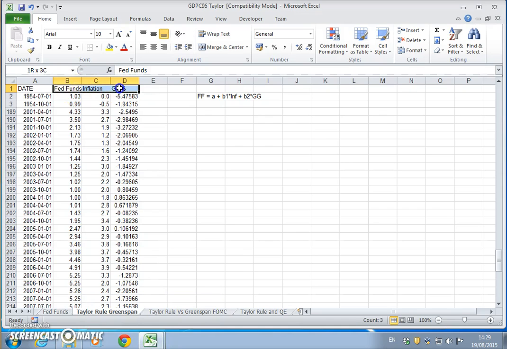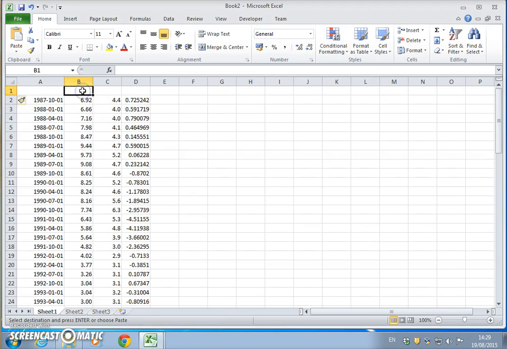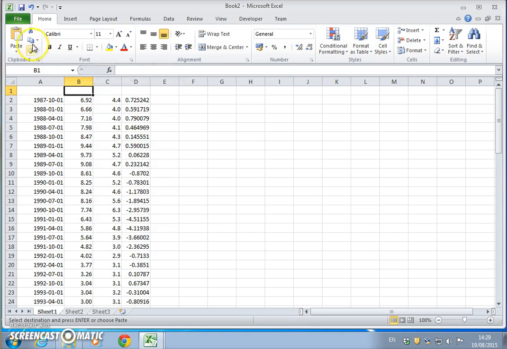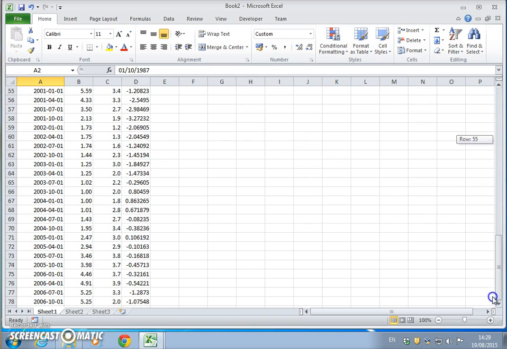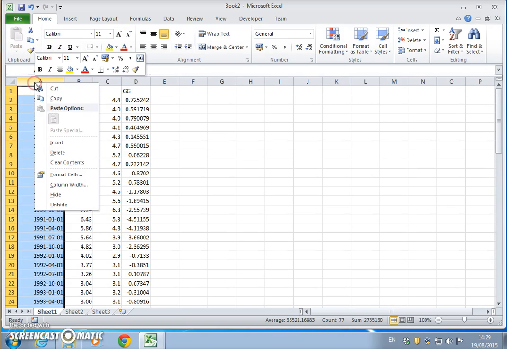So okay, we could copy, go back to our new file, and just paste, and we'll call this, for convenience, Fed funds, inflation, and growth gap. It's from the last quarter of 1987 to the last quarter of 2006. Let's take out this column,